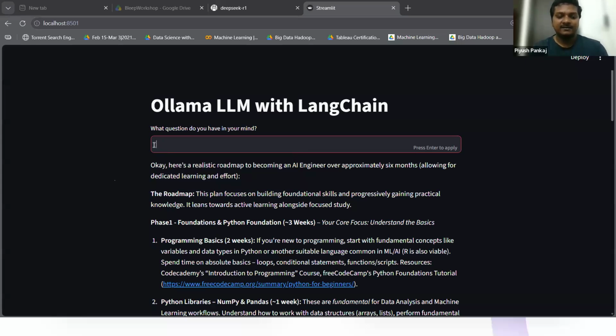Let's say: write a program to calculate the factorial of a number.